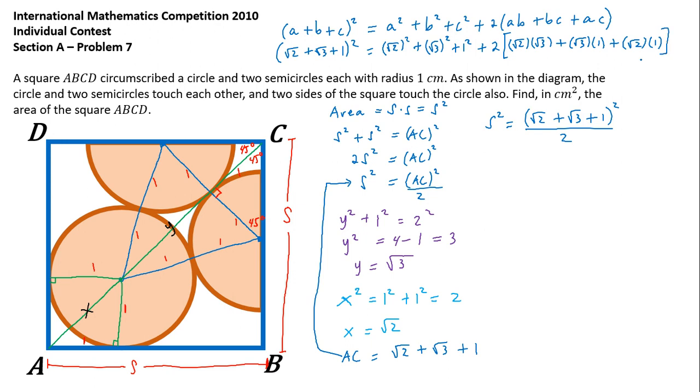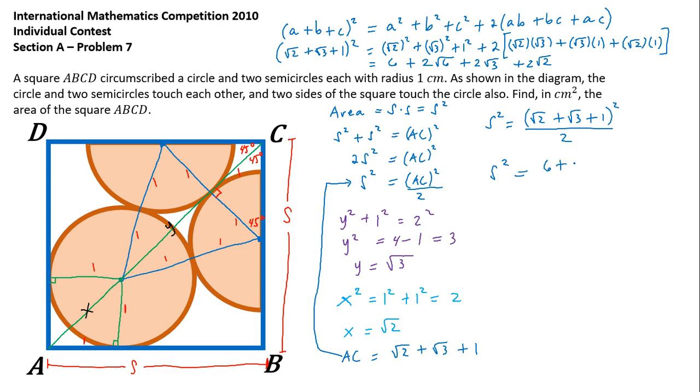Okay, so we can just easily simplify that, and this one is 2, this one is 3, this one is 1, right? So that's 6. And then this one, square root of 2 times square root of 3, that's square root of 6 times 2, 2 square root of 6. Square root of 3 times 1, square root of 3 times 2, 2 square root of 3. And finally, we have square root of 2 times 1, that's square root of 2 times 2, 2 square root of 2. And so, the numerator is just